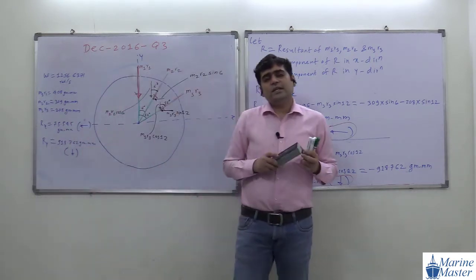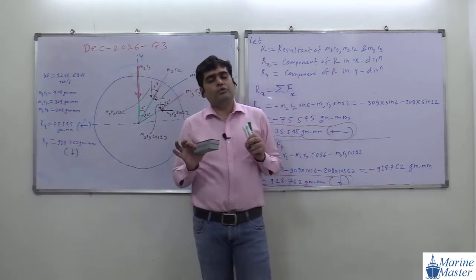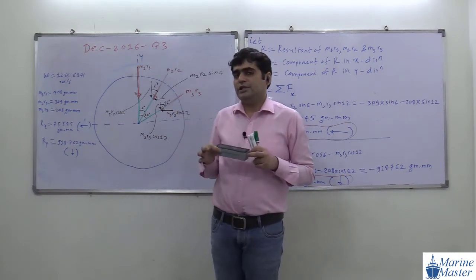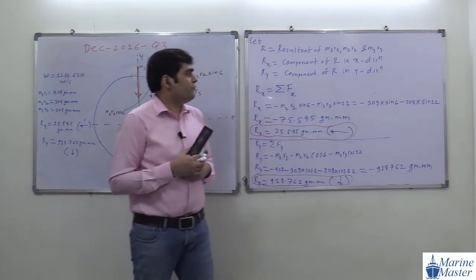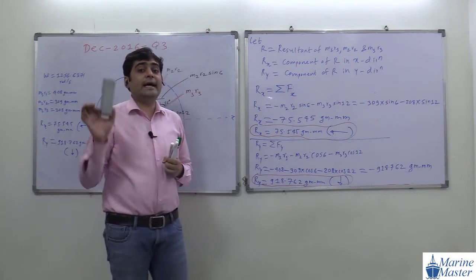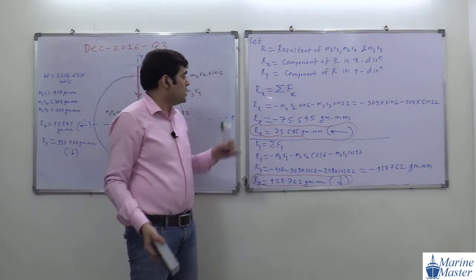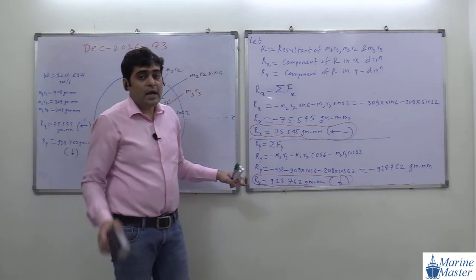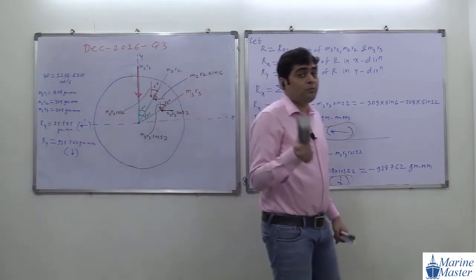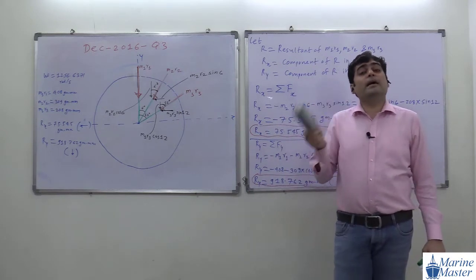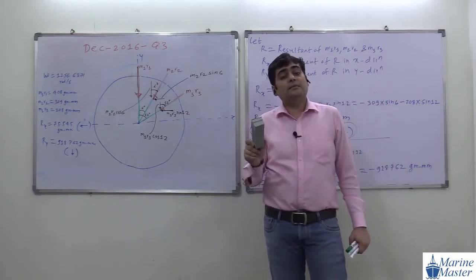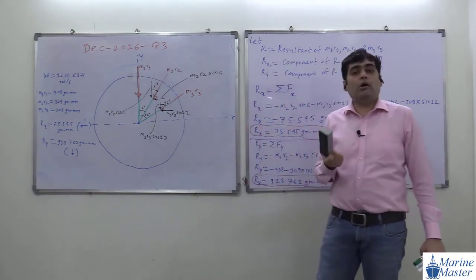So now what is our target here? What we have to find out? We have to find out the out of balance force. For getting the out of balance force, we have to find out R, and for getting R, we have to find out Rx and Ry. So we calculated Rx and Ry, and from Rx and Ry, we are going to find out R. And from R, if you multiply R by omega square, then we will get the out of balance force.